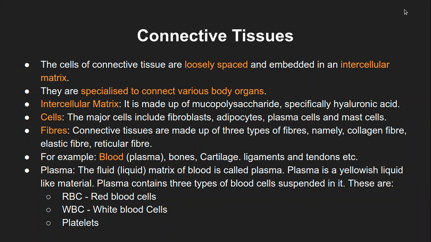Now, commonly known adipose tissues or adipocytes or adipose cells, we all have, or at least I have, some side belly, that is, we have some little fat present around the belly, and those fat cells are specifically called adipocytes. Then plasma cells, these are nothing but your blood cells, that is, they are commonly called plasma cells here, that is WBC, RBCs and so on.